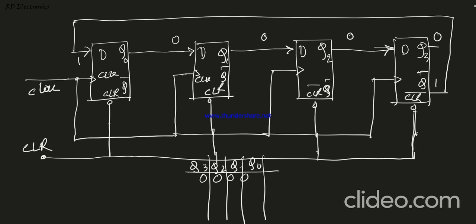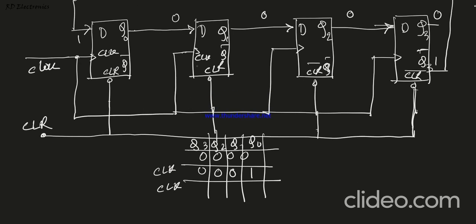So the first state is 0 0 0 0. What is Q3 bar? Q3 bar equals 1. This 1 is propagated via this wire, and when we apply the clock, 1 is put here. So now Q0 equals 1, and all the other bits equal 0. Now again we apply the clock. At the negative edge of the first clock, and after the second negative edge of the clock, this 1 is shifted here, and then again 1 is here. So the bit pattern looks like this.